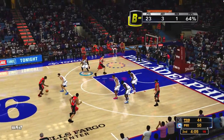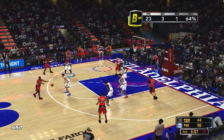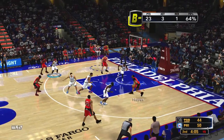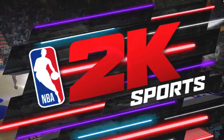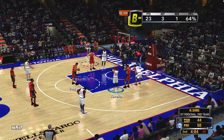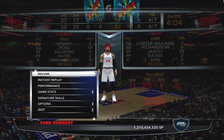Michael Carter Williams, the rare 6'6" true point guard. Both his mother and his stepfather are high school basketball coaches, so you know he's got a really good basketball IQ. That seems to run in the family. And for Carter Williams and